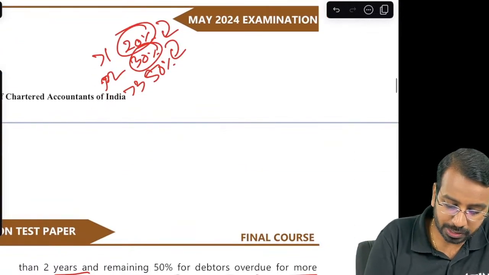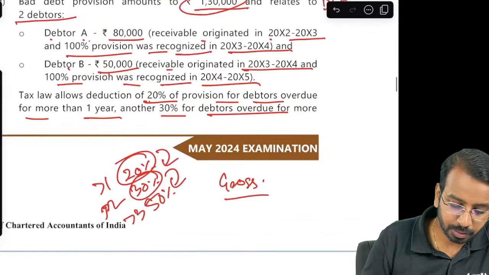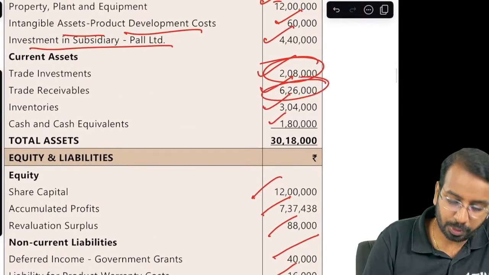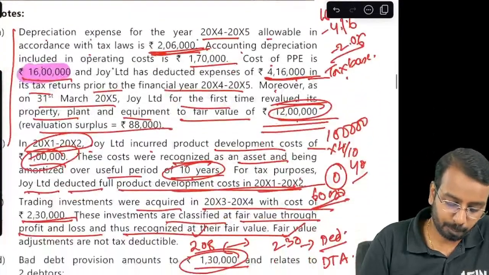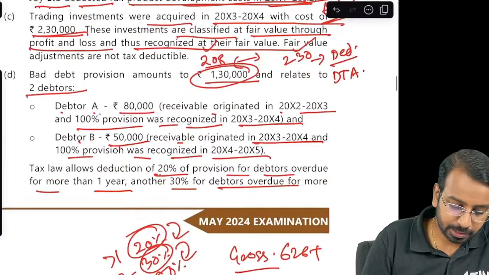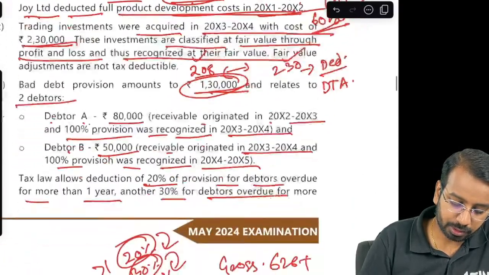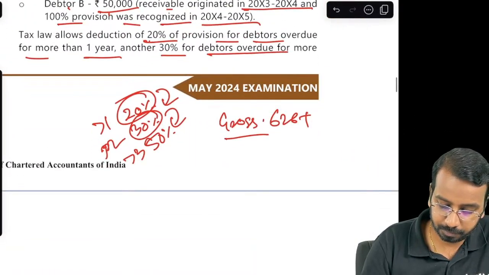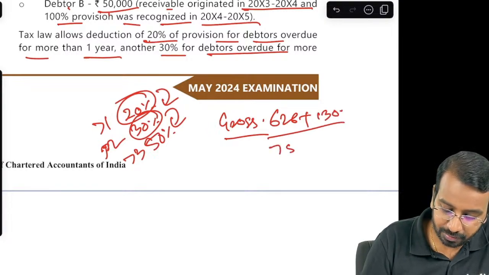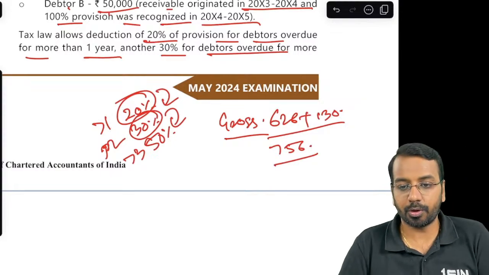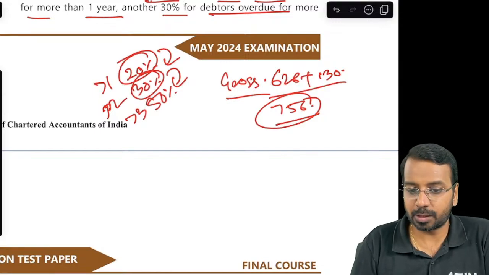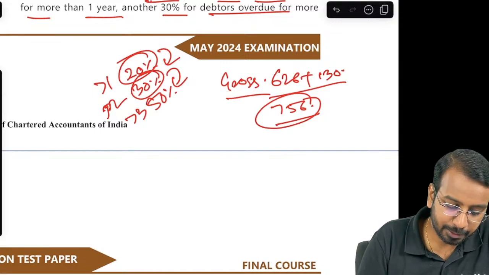Now, what is the gross amount? Gross amount is 626, that is as per the balance sheet, plus the provision for bad debt of 130. 626 plus 130, how much is that? 756. This is the gross amount. Now, how much will be allowed for tax purpose? For tax purpose, they said